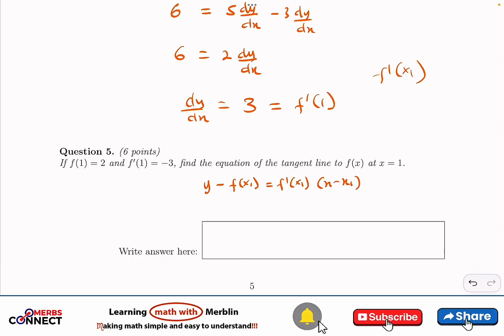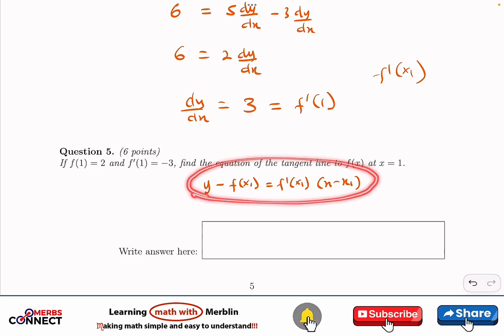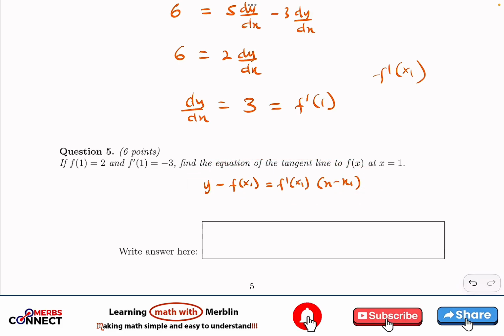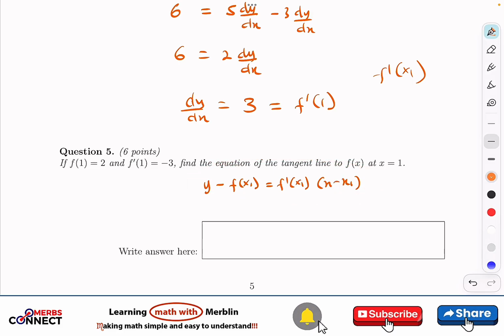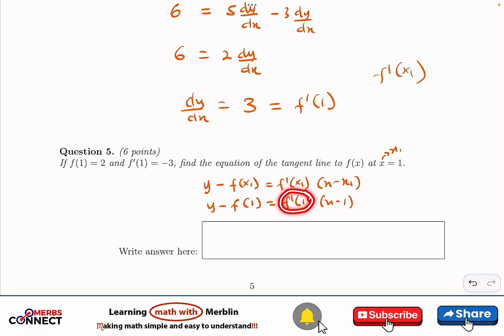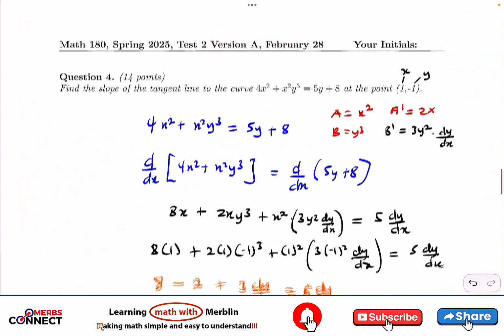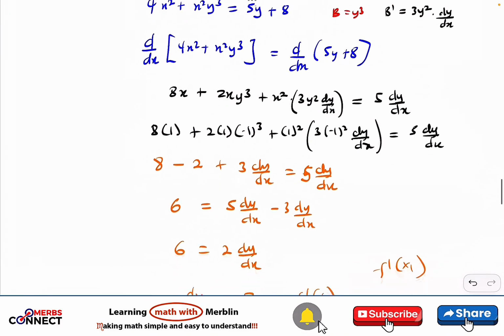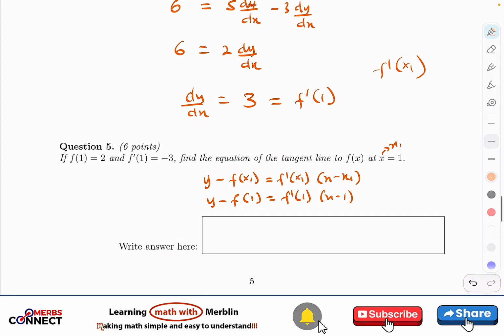As I said, anytime we are dealing with the equation of the tangent, the x and y values now change to x1 and y1. So this is x1. So this is going to give us y minus f of 1, which is equal to f prime of 1 times x minus 1. We've already computed this, which is 3. And then f of 1 is the same as the y1. So this is going to give us y minus,